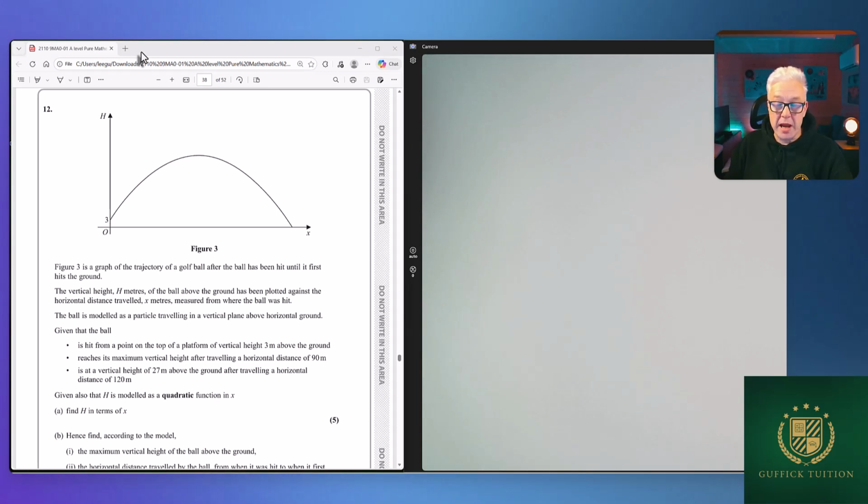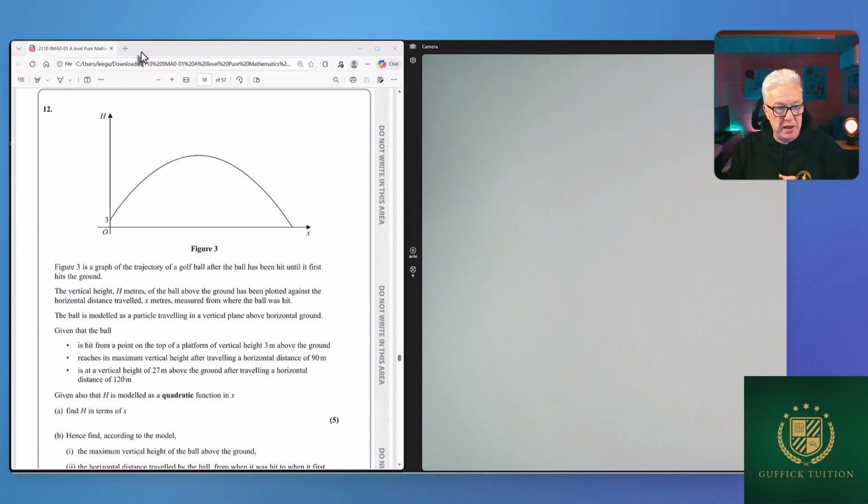Hello everyone, we've got a quadratic modelling question here, and in my experience this is one that students tend not to like, this type of question. People find it hard to know how to form it, and they can be quite tricky in my opinion. So it says, figure 3 is a graph of a trajectory of a golf ball after it